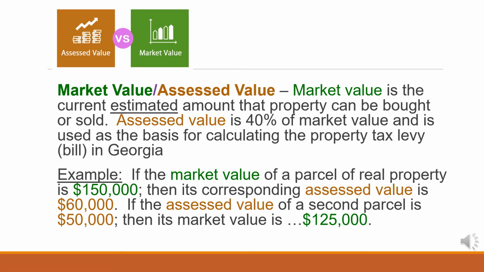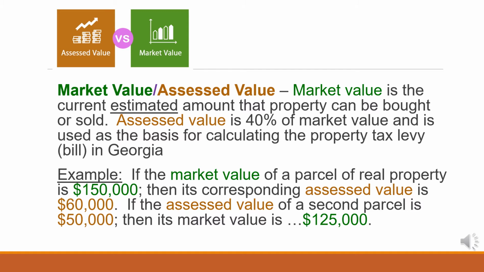Before we get to an actual property tax calculation example, I need to tell you that in the state of Georgia, we use two different values to help determine a mill. One is the market value and the other is the assessed value. Here's the difference. Market value is the current estimated amount that property can be bought or sold. Assessed value is 40% of market value and is used as the basis for calculating the property tax levy in